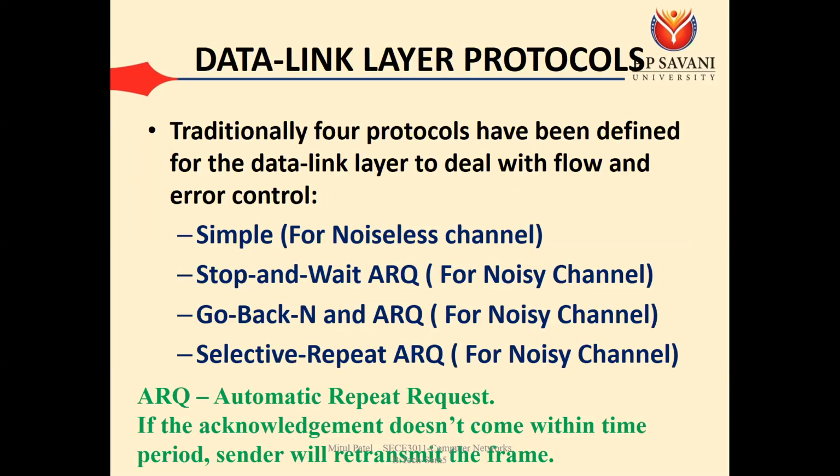Okay, so to provide this flow control mechanism, 4 protocols are designed. Okay, so these 4 protocols are known as the data link layer protocols that are majorly designed for flow and error control. Okay, so up till now, whatever we have learned, like the CRC, then automatic repeat request, everything is combined into some of these protocols. Okay, so for that, the 4 protocols were designed.